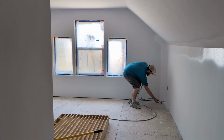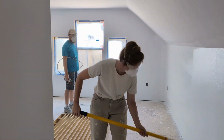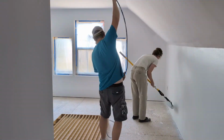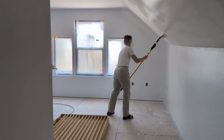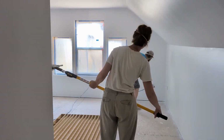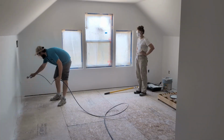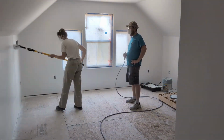All right, we're up in the attic and we're getting paint on. This is definitely not an ideal time to be doing paint or prime in a hot space like this, but we're here in the morning this time. We're not up here in the afternoon, so even though it's the middle of this ridiculous heat wave that we've got going on, it's still going to be okay. This stuff is drying fast, so we do got to work really fast